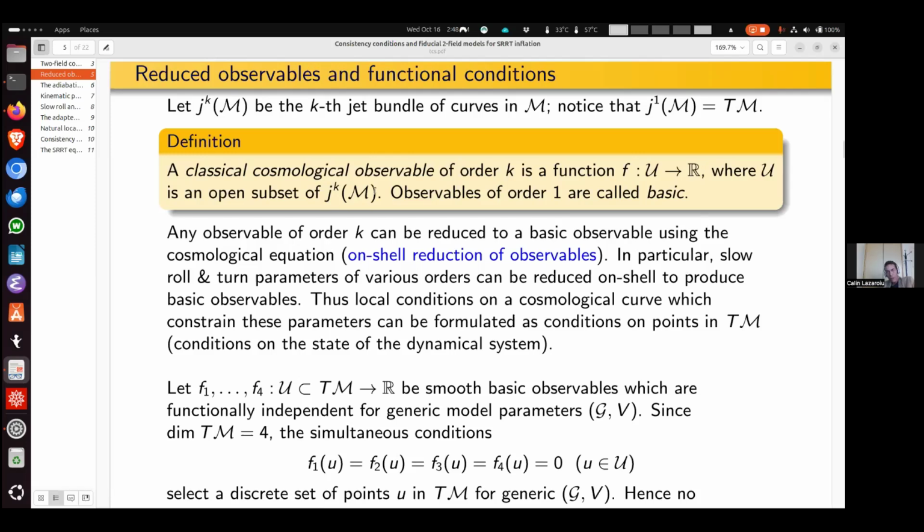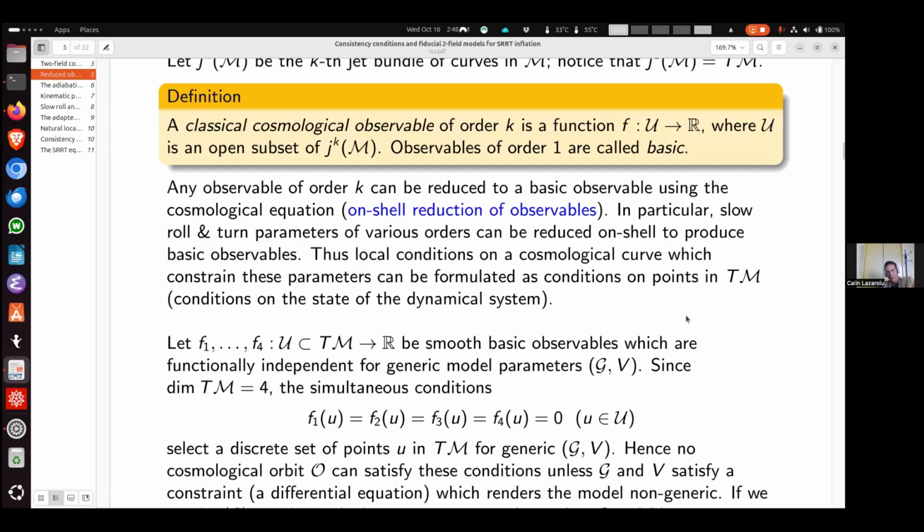Okay. Now observables of order 1, which are defined on some open subset of J1 of M, which is just TM, okay, are called basic observables. Now, any observable of order k can, of course, be reduced to a basic observable using the cosmological equation. So this process is called on-shell reduction of observables. This comes from the fact that, of course, the cosmological equation can be formulated as a geometric